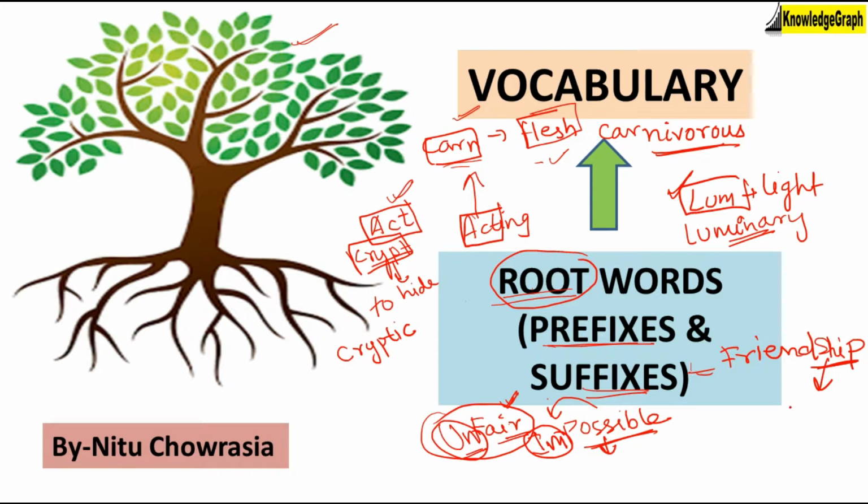Suffix ship here means status. That means status of, like friendship, relationship. So it gives you a status. It tells you something. So I added this word after friend. This is called a suffix. Okay, I hope you had a fair idea of what a root word means and what